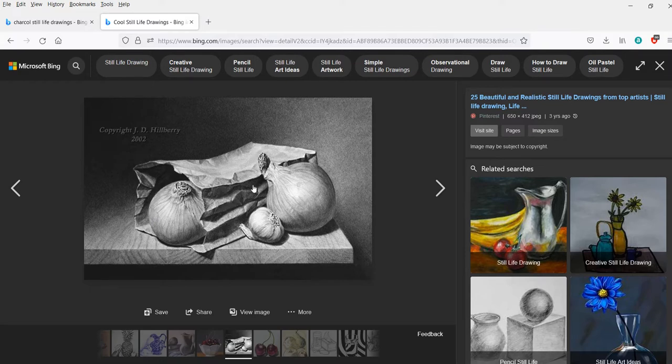Here's a good one that shows the background being darker on this side and lighter on this side. And every place it meets your subject, there's a difference. So it's not the same tone where the background meets your subject, because you want to separate your subject from the background. You don't want it to be the same exact gray tone.